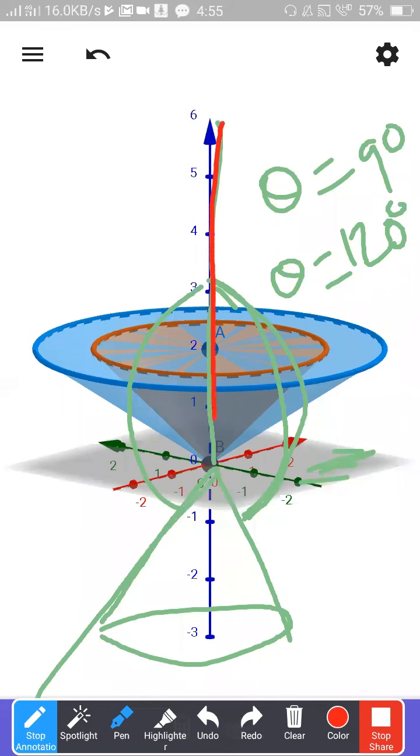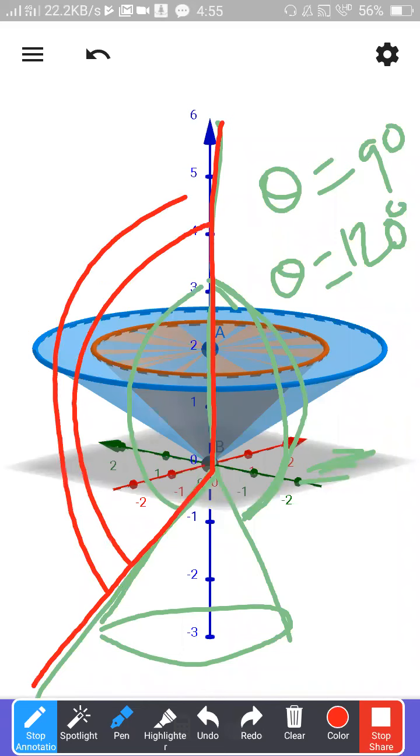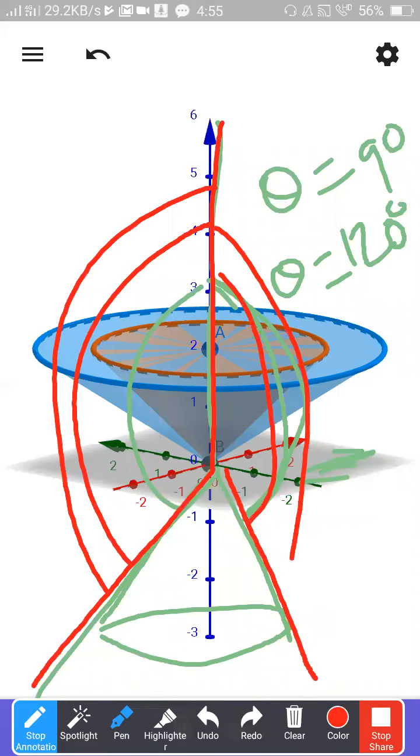This is your plus z axis, this is the surface of your newly formed cone. You take any point here, you measure the angle, definitely that will be what? 120 degree. Even on this side also, you can take any point, you measure the angle, that will be 120 degree. What happens? Your cone is getting inverted, it's going the other way.